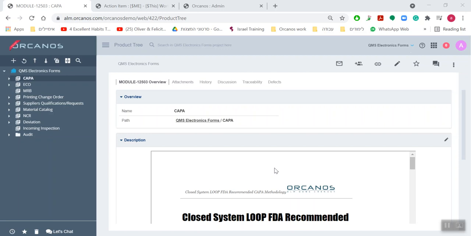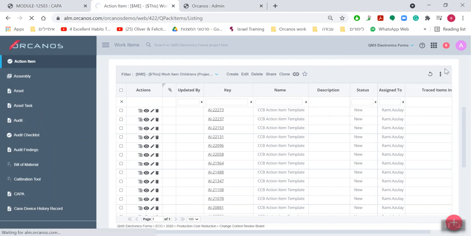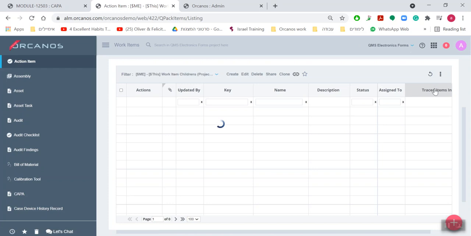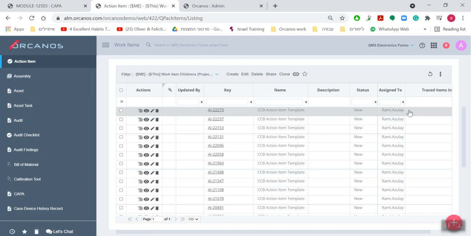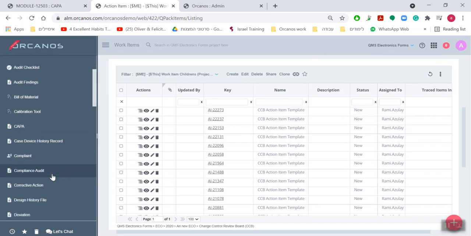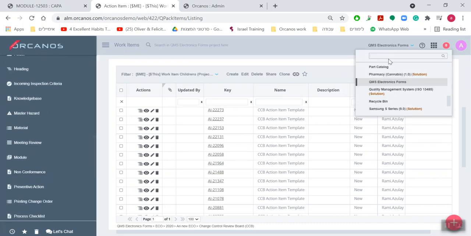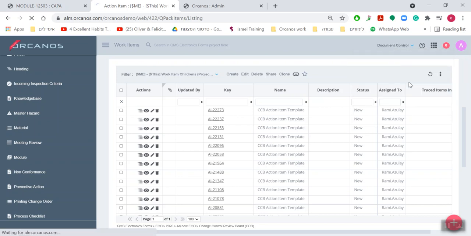The most convenient view is by going to the work item view in the main menu. So by clicking main menu, work items. Here you can see for every project or module which work items are active by looking at the list on the left side. As you can see, for quality management electronic forms, we have many different work items available for use. However, if I compare it to a project such as document control, by clicking document control,